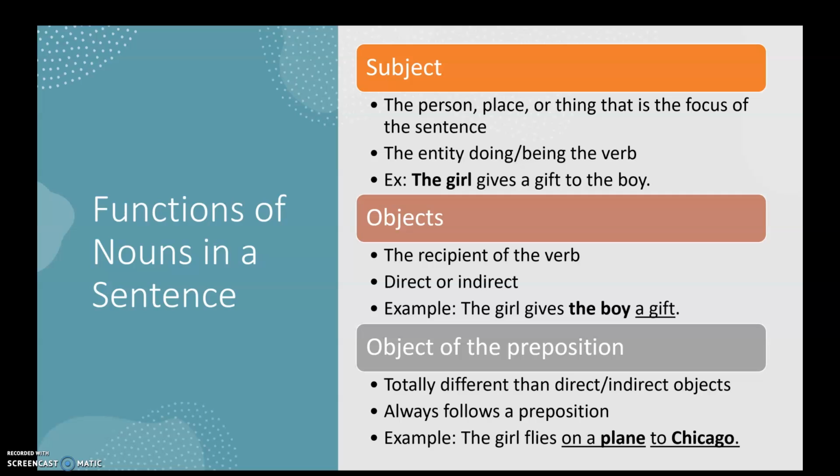So we also talked about types of nouns, so common versus proper. Remember, common nouns are just general nouns, proper nouns are named nouns. Abstract versus concrete. Concrete is tangible, you can sense it, you can touch it, taste it, smell it, hear it. An abstract noun is something that has no physical form. We talked about countable versus uncountable. Those are kind of self-explanatory. A count noun is something you can count. An uncountable or mass noun is something you can't.